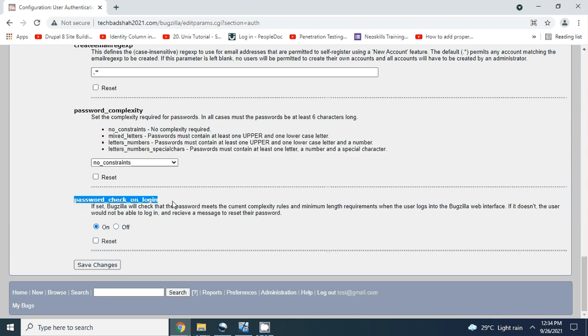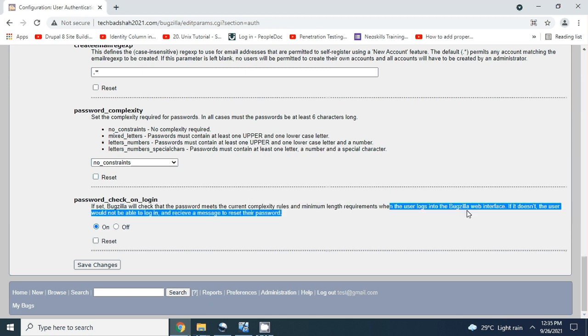Then password check on login. Every time a user logs in, if this is set, Bugzilla will check that the password meets the current complexity rules and minimum length requirement when a user logs into the Bugzilla web interface. If it doesn't, the user will not be able to log in and will receive a message to reset the password. For example, today I have a very simple password, say test, or maybe my name, which is accepted.